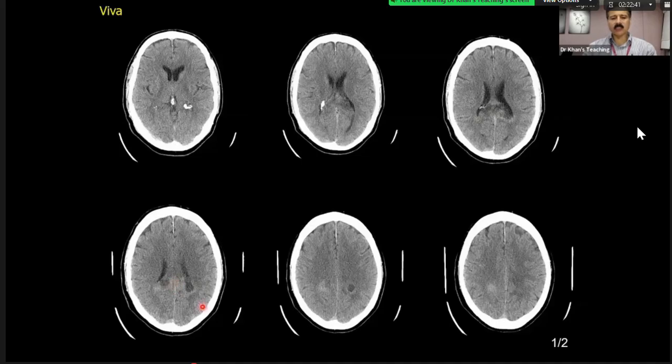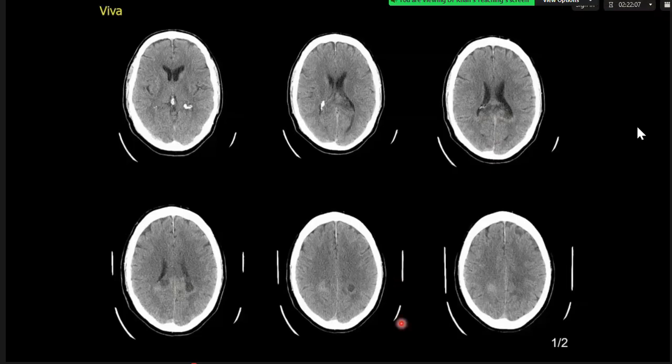So the point is that corpus callosum anatomy on an axial slice of a CT is very difficult to see. You have to slightly stretch your imagination. Where is the corpus callosum? And this is the corpus callosum. In this particular case, the lesion has heterogeneous density, slightly high and also low, which is sitting in the splenium of the corpus callosum. What would you like to do next?